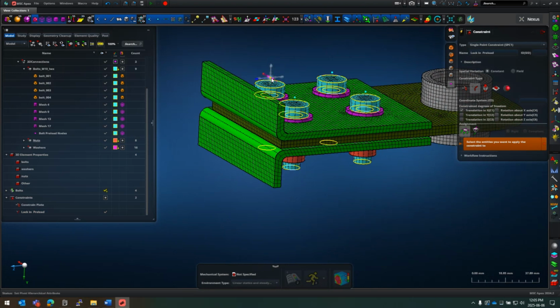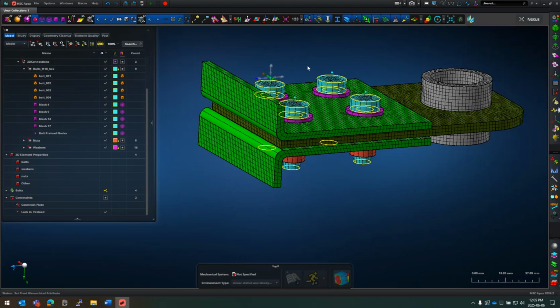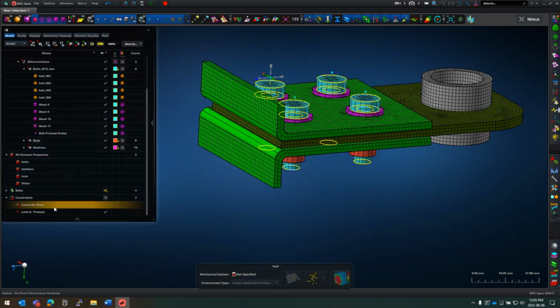So there's the constraint. It shows it in the X direction, as expected. That's the X direction, but it applies it in the correct direction. In other words, in the stop the bolt from stretching direction. Okay, so at this point, we've got the constraints, but what I need to do for my load cases is